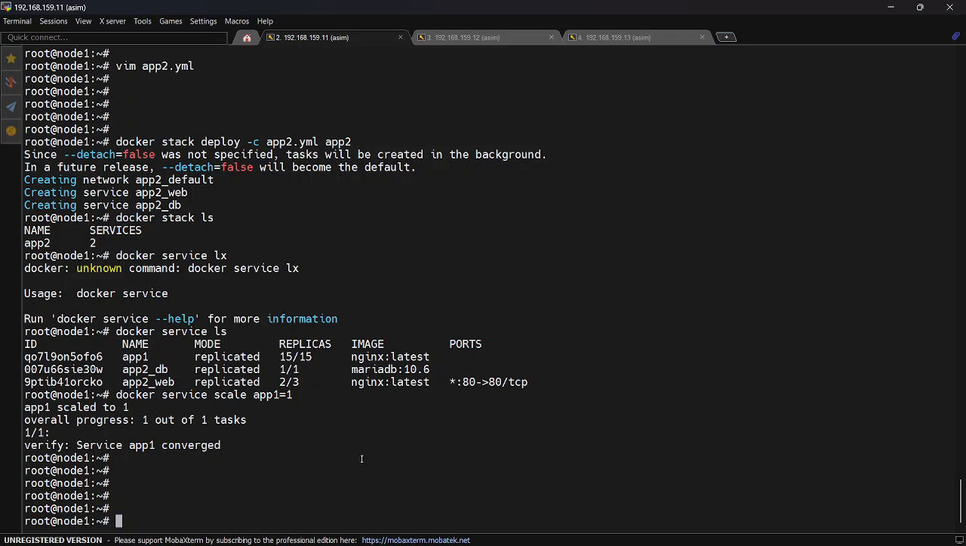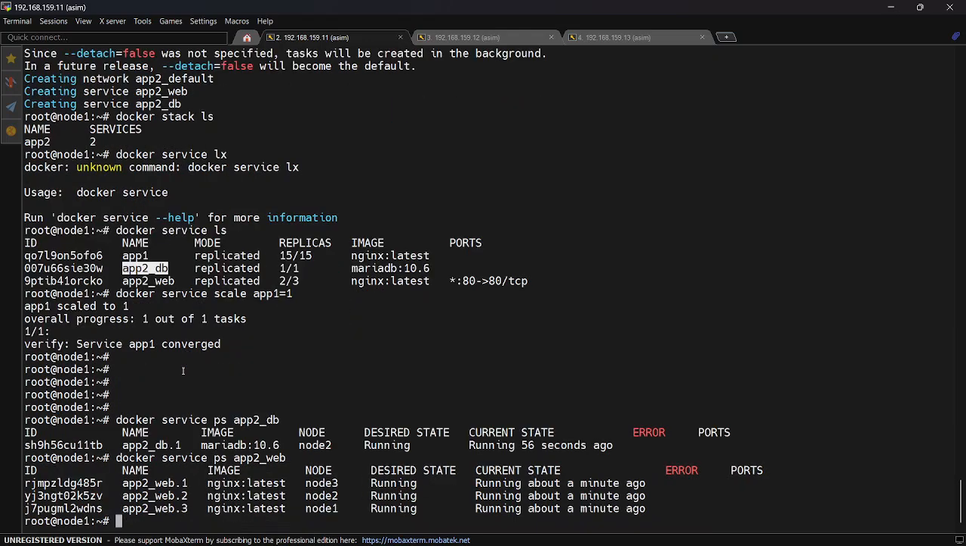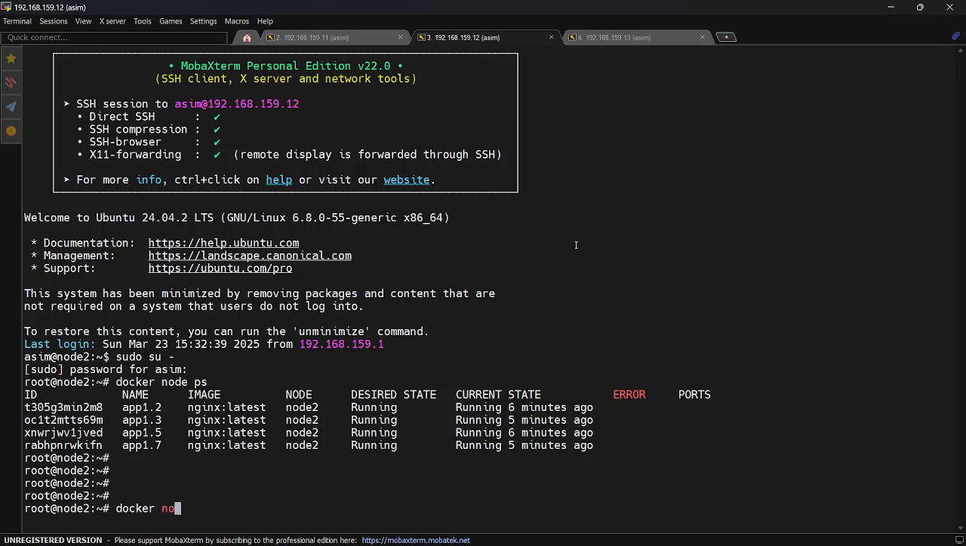Now I want to check docker service ps. The database is running on node 2 and web on three replicas on nodes 1, 2, and 3. Now it is scheduled on node 2. So node 2 will have docker volume ls. If I do volume ls, because this is scheduled on node 2,